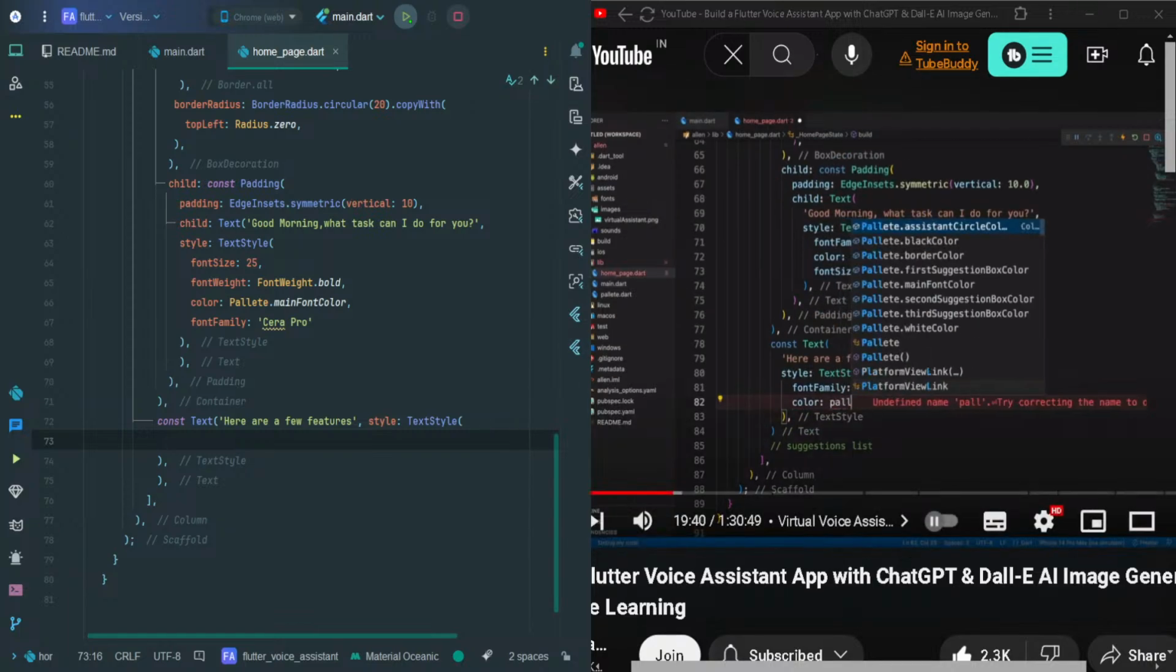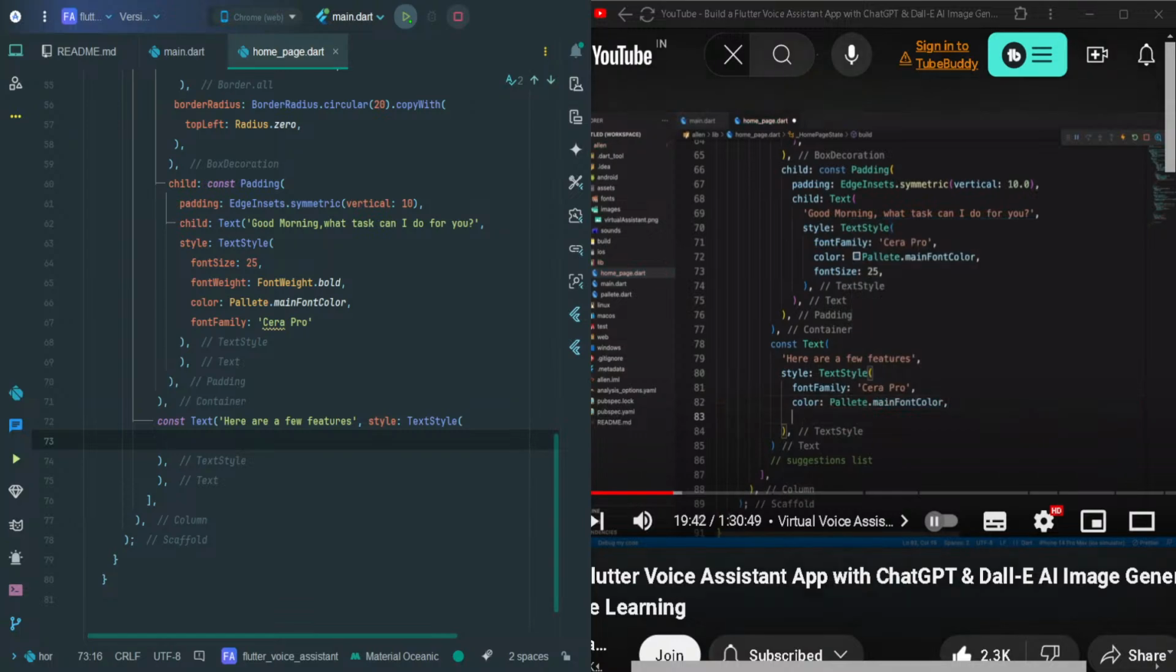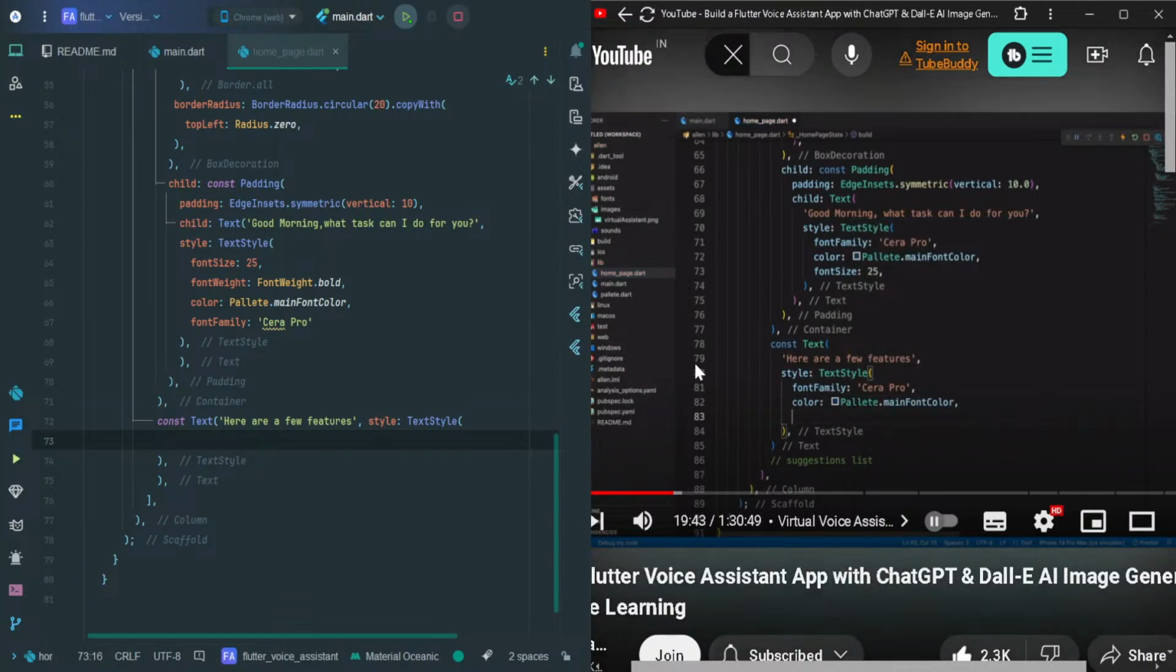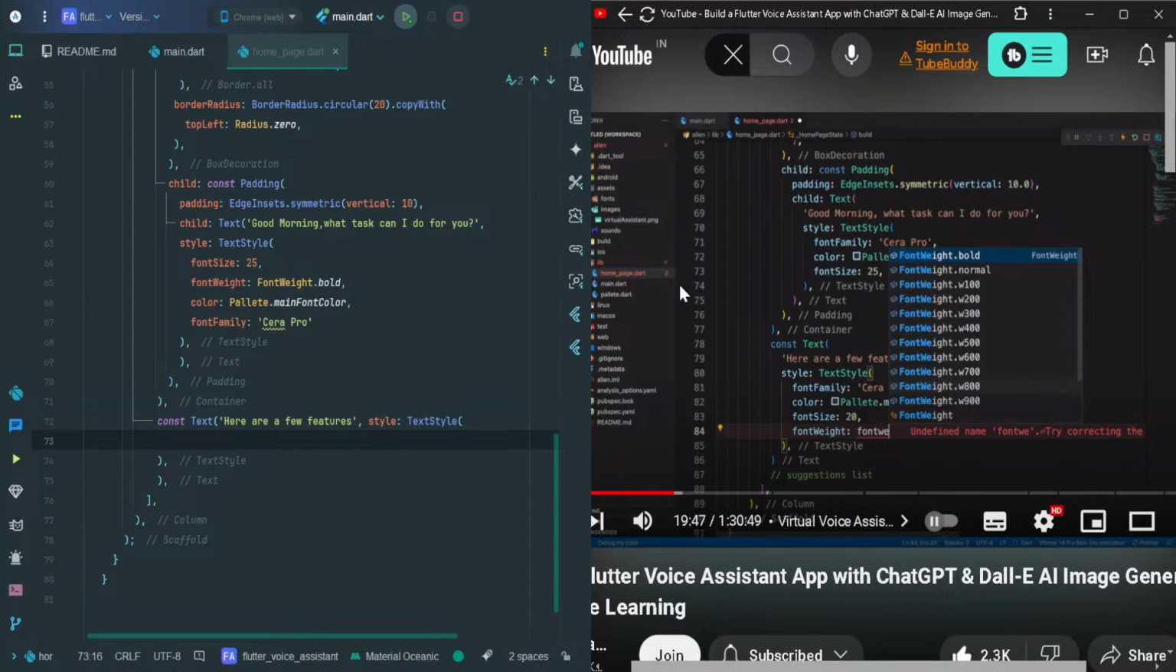That's why we constantly have to type it out. Here the color is going to be palette.mainFontColor, and font size is 20. Font weight is FontWeight dot